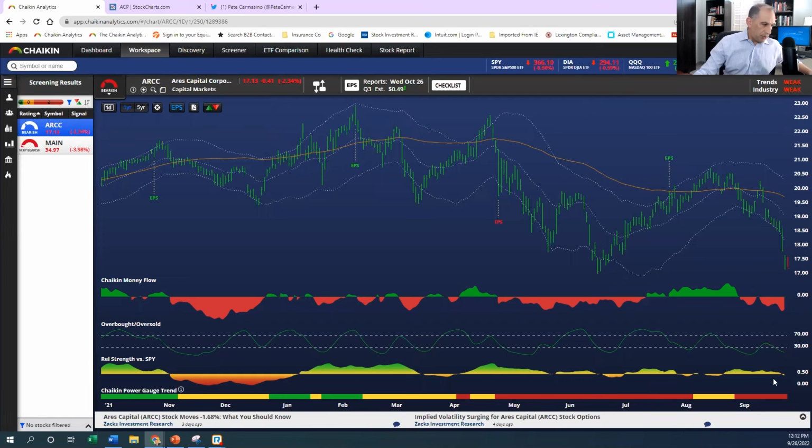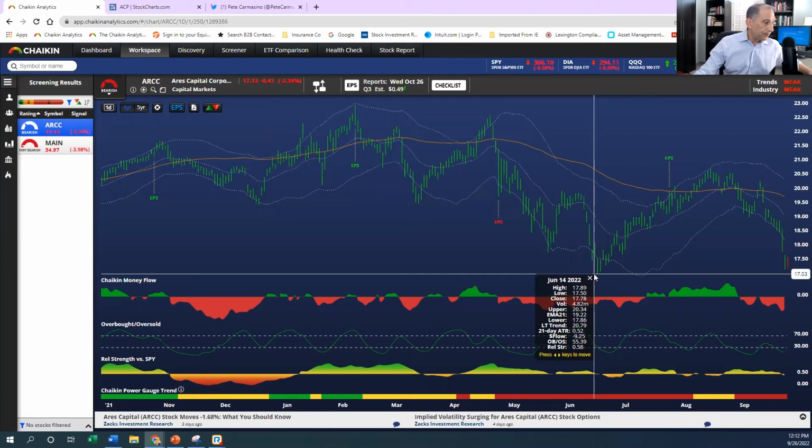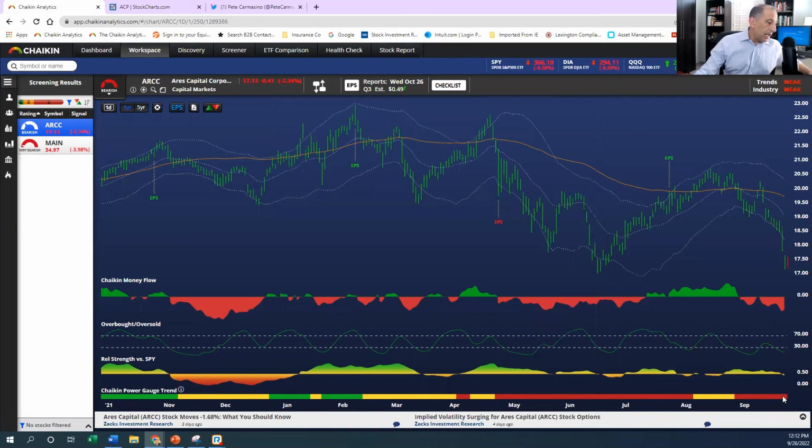But this had some trend higher here during that rally, but has rolled over, testing its lows, if not there already. And obviously in a bearish area, definitely oversold, but Chaikin money flow getting worse and that relative strength changing to the downside. That's really how I found this one. That's the alert that I look for in these names.